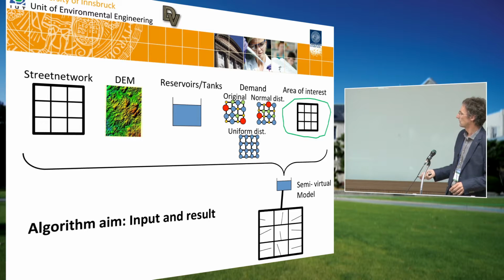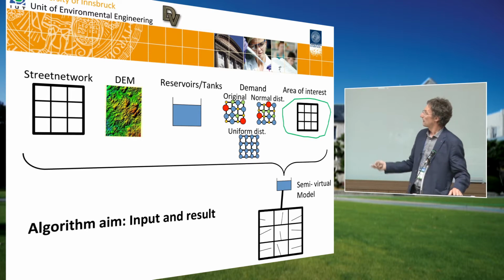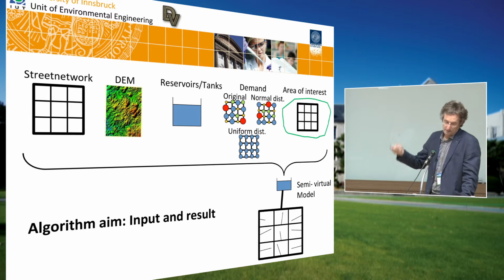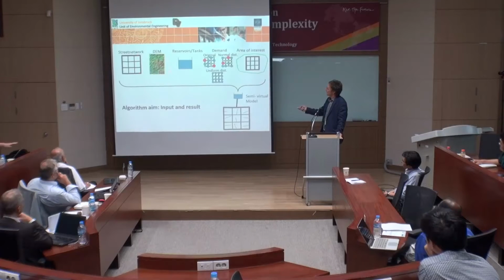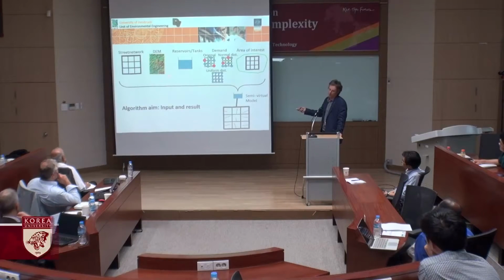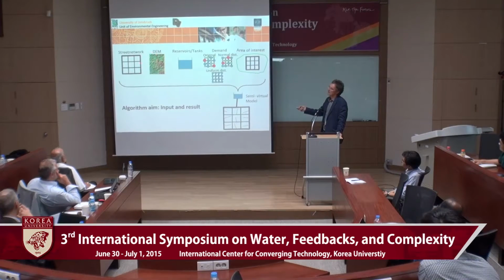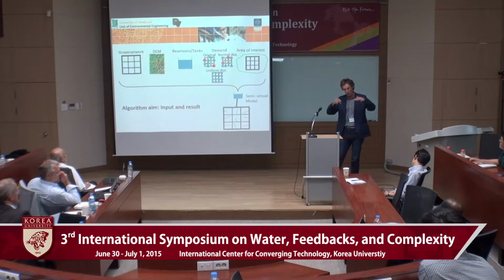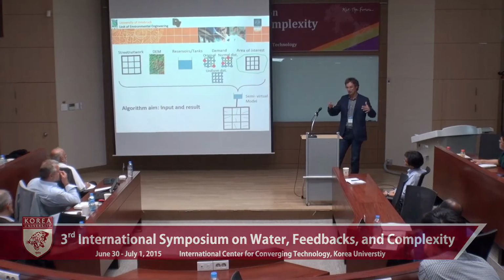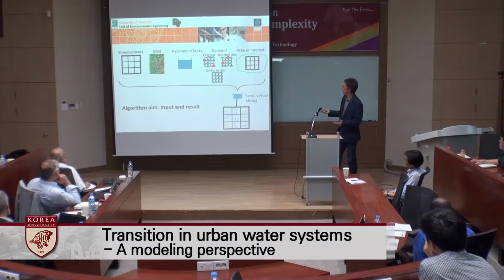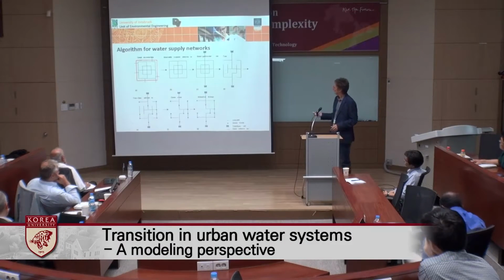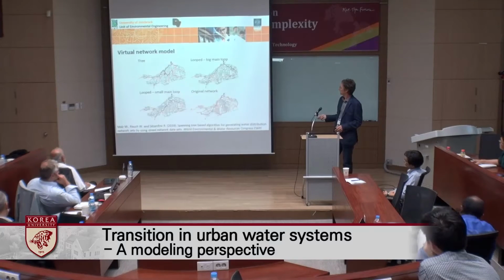So we can use this approach. We need to have a street network. The digital elevation map, for example, for water supply systems, is only needed for design purposes, because we need to know where the demand nodes are situated in order to get a view on the pressure. We need to know about